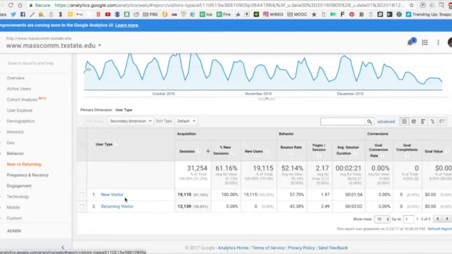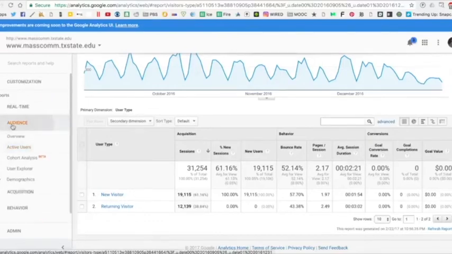But one thing we've learned is that Google Analytics counts anytime someone uses a new computer to visit the site, it counts as a new visit. So even if the same person uses their laptop in class, and then they go down to a lab and use a computer there, and then they go to the library and use a computer there to visit our site, those count as 3 new visitors. So that number is a little bit misleading when it comes to actual information.